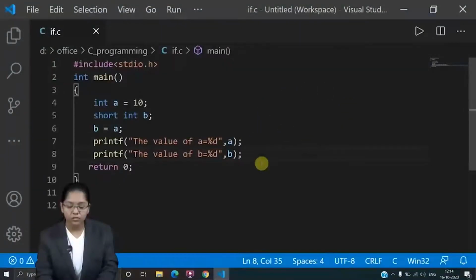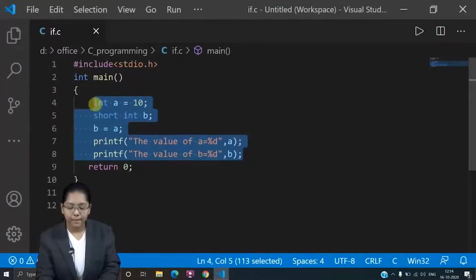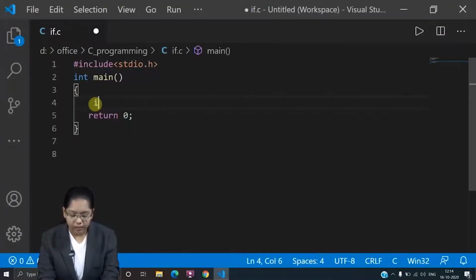Let's see how we can implement it through C programming. Let's remove this first. Now I have taken int sum, let's say sum is 19, and then again I have taken float, let's say 2.3.